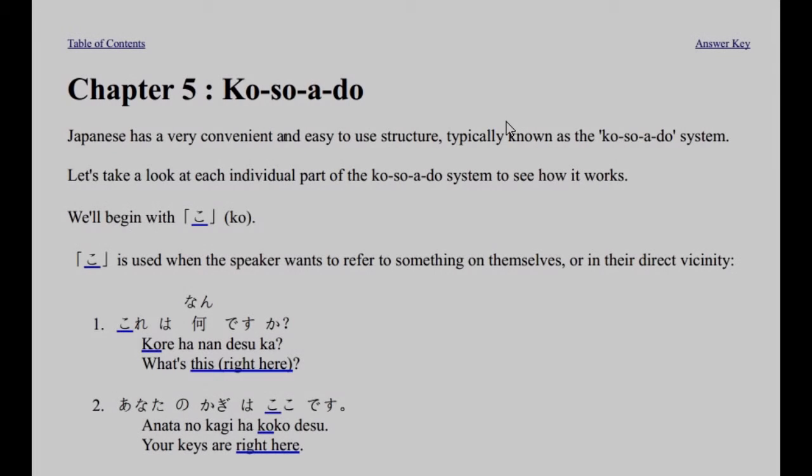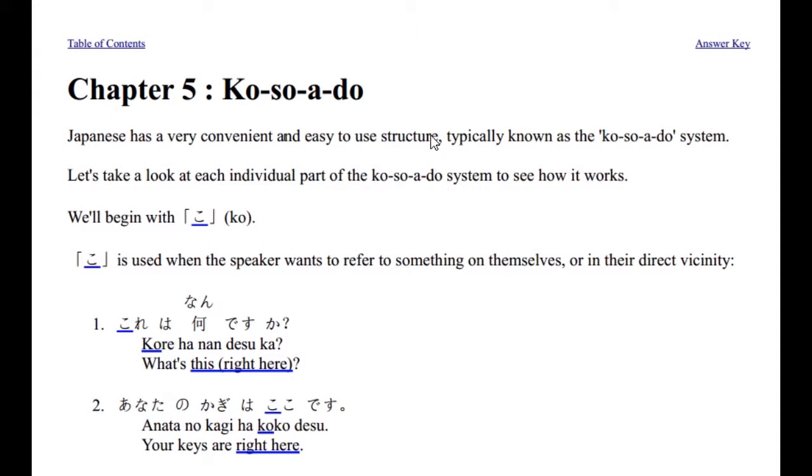Welcome to another episode of Learn Japanese from Some Guy. In today's video, we're going to look at chapter 5 of my textbook, where we will practice using the ko, so, do system. So, without further ado, 始まりましょうか。よろしくお願いします。Alright everyone, here we are, chapter 5, and like I said, today we